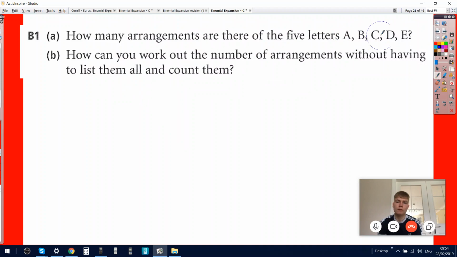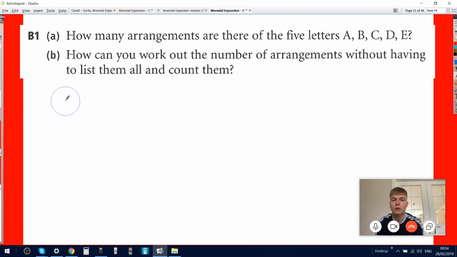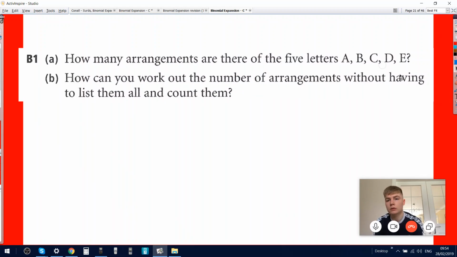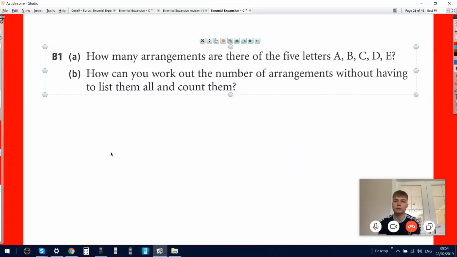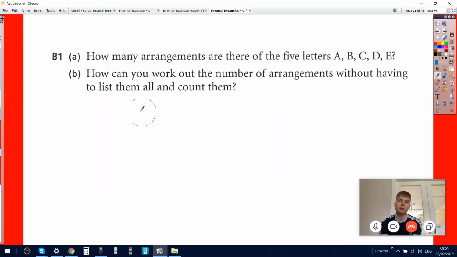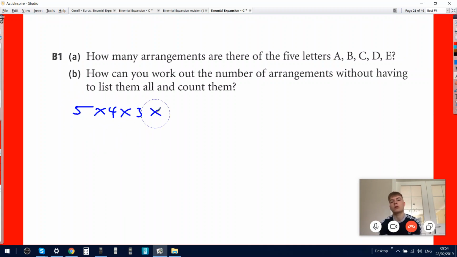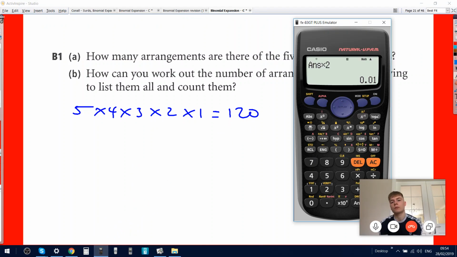How many arrangements will there be for this one? I can't quite see the end of the question, so. Sorry. 5 times 4. Yeah. Times 3 times 2 times 1. Yeah. 5 times 4 is 20. That's all right. I think it's 120. Yeah. If we go to our calculator,